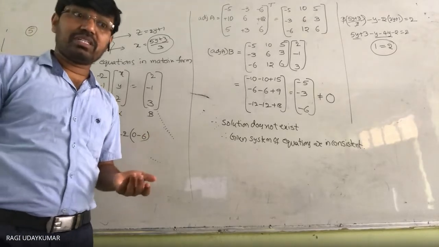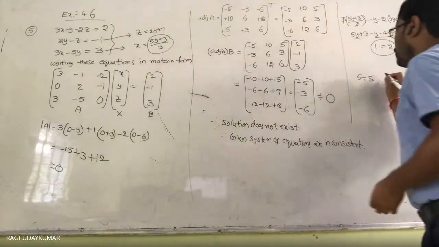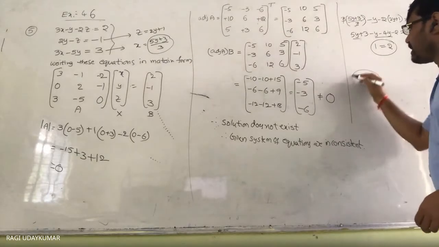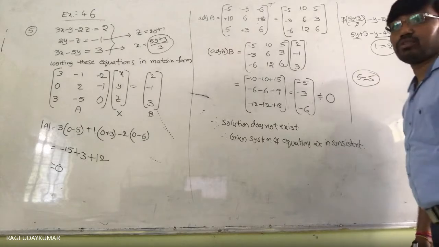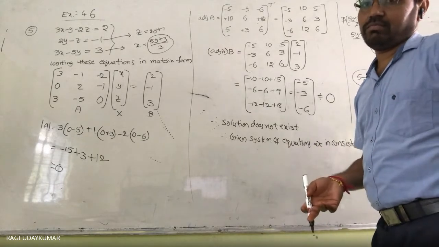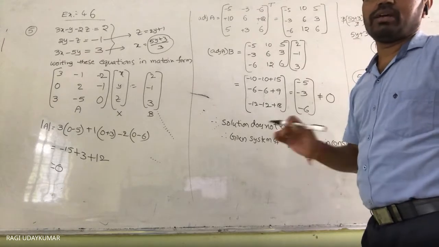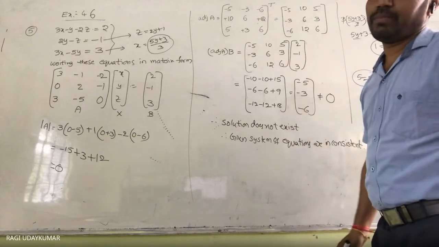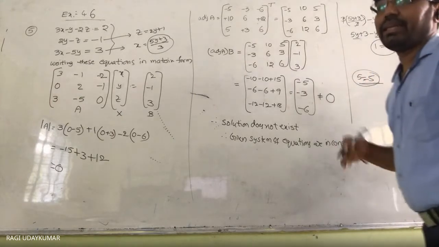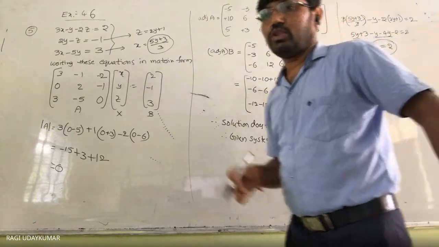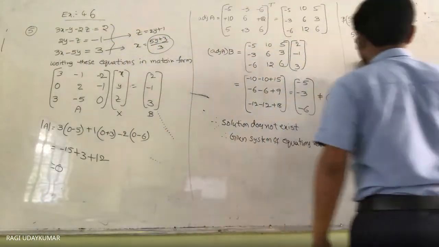In some situations you are going to get 5 is equal to 5, or 1 equal to 1. This is always true for any value, so there are an infinite number of solutions in that situation. Whenever you are trying the substitution method, if you get something like this, there are infinite solutions. So you try to check the problem which is given to you.